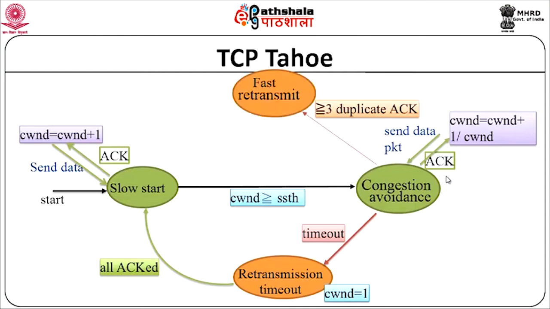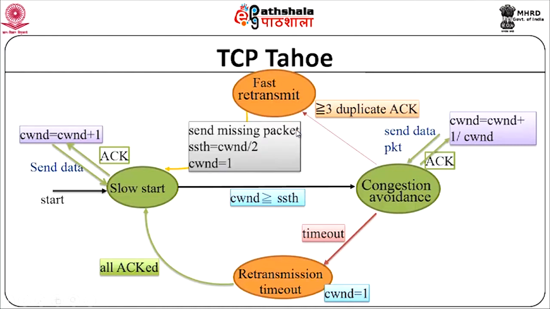Meanwhile, if you are in the congestion avoidance phase, there are two things that can happen. Let us start with the congestion avoidance phase, that is, the additive increase phase. If you get 3 duplicate acks, that is, before a timeout occurs, then you will move into a fast retransmit state. In the fast retransmit state, what you would do is send the missing packet as soon as you get the 3 duplicate acks, without waiting for the timeout to occur. Set your threshold value to half of the congestion window size, the congestion window size is set to 1, and you move to slow start.